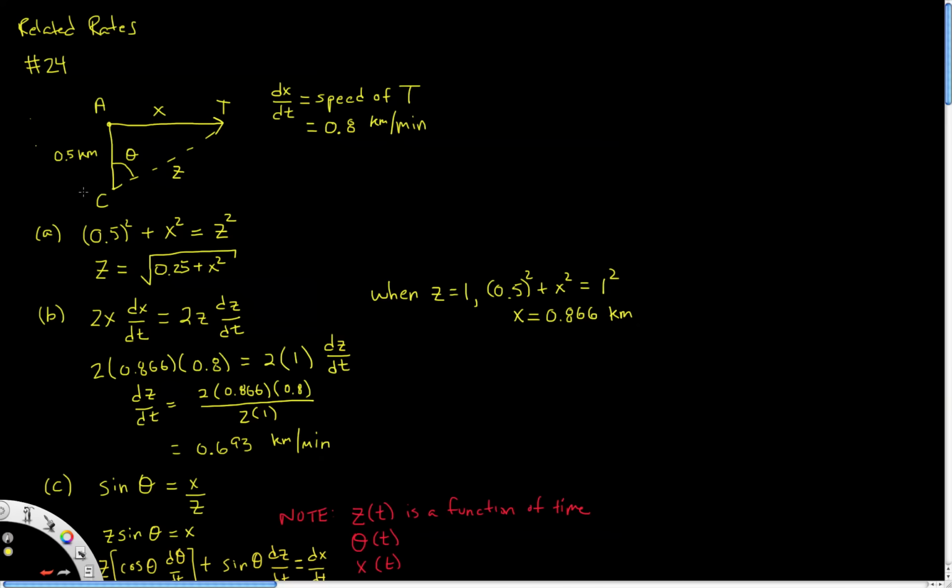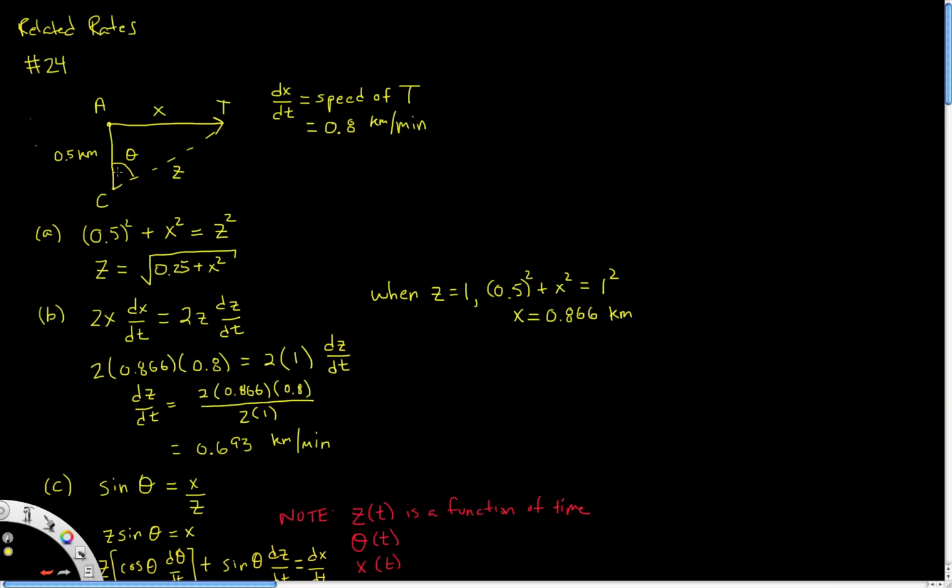In this screencast, I'm going to walk you through the solutions to the three related rate problems that we worked in class on Friday. The first was number 24 and involved a train traveling away from a point A. So there's point A, the train's moving to the east, and the distance between point A and the train is given